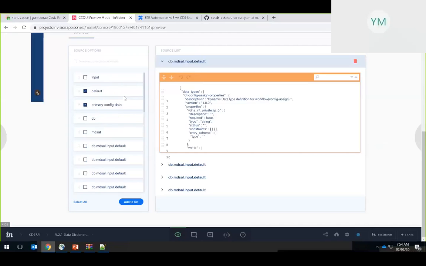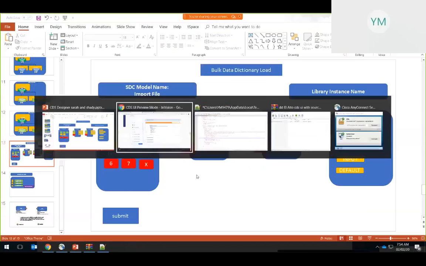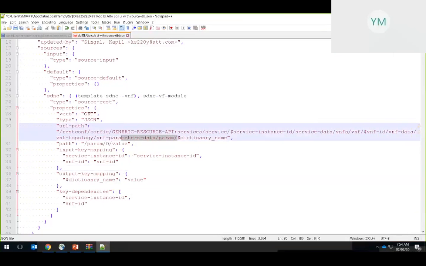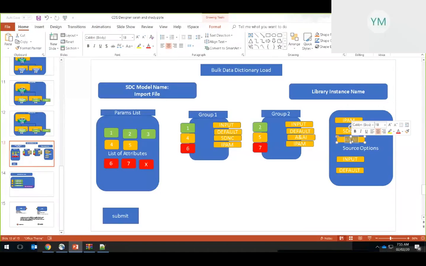The difference between this option here and the option I'm describing here is that in here, these are going to be based on the template, okay? And that template will already have a predefined definition of how to create a source of SDNC that is VNF level. So the user will come here and know exactly what he should do? Yeah, he'll know what this template is, okay? This template is retrieving data from VNF level, okay? And that will be applied to 1.6, okay? This template is for Netbox,